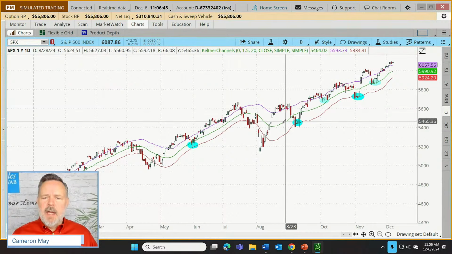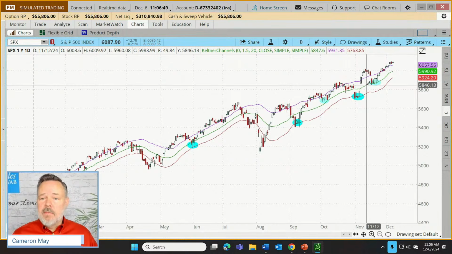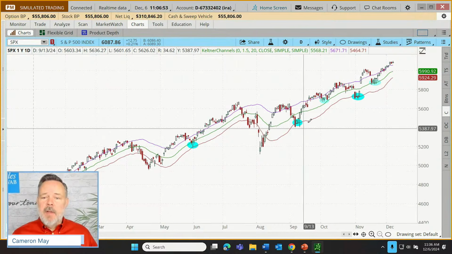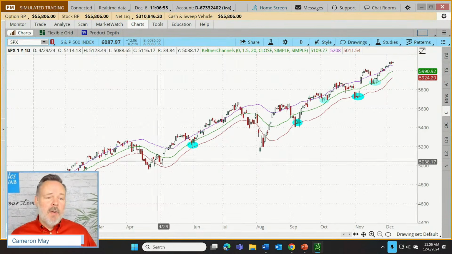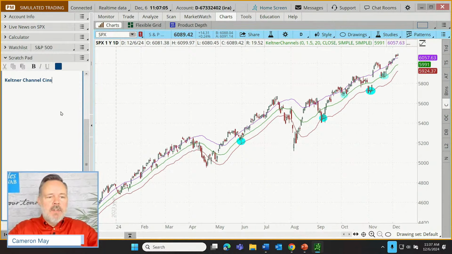So let's talk about the construction of Keltner channels. You'll notice there are 3 lines. There's a central line, which is a 20-period moving average. That's a simple moving average. And then there's an upper band displayed here in purple and a lower band displayed here in red. So let's outline how this thing is constructed. I'm going to abbreviate this to the KC. Now let's spell it out. Keltner channel construction. There we go. So first of all, we have the middle line,